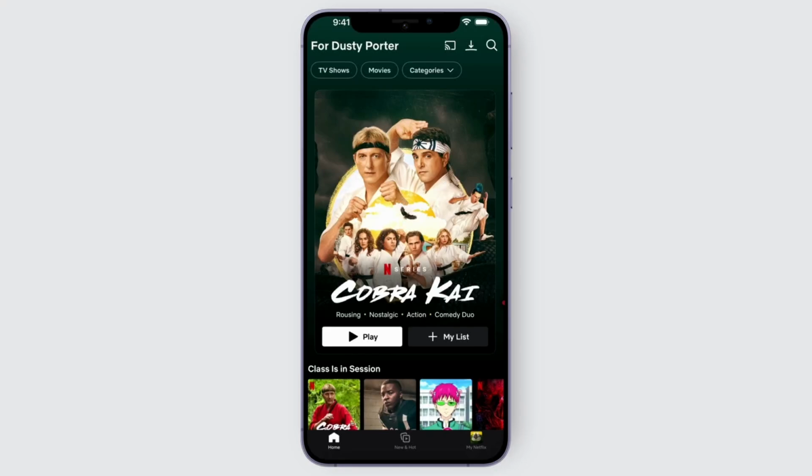So first of all, you may understand that Netflix has removed the feature of downloading shows on laptop, but you can do it on phone. So go ahead and access the Netflix app on your phone. And once you log in, you should find this particular interface with all of the suggestions for the shows,